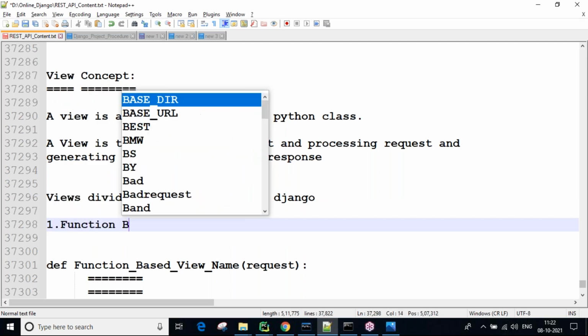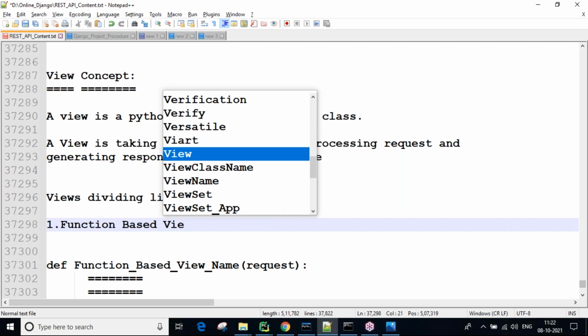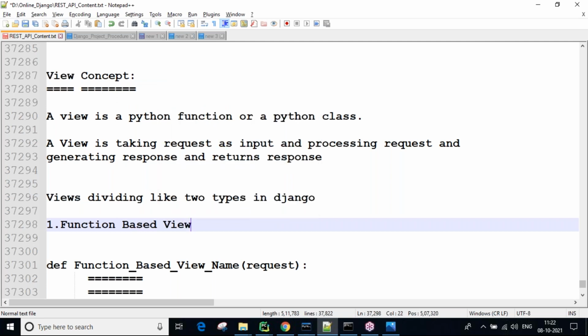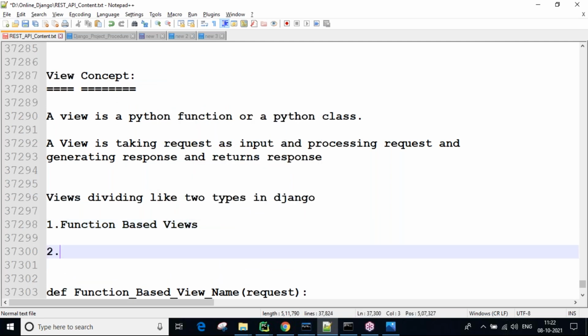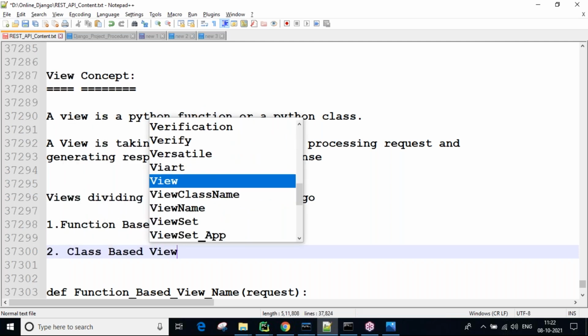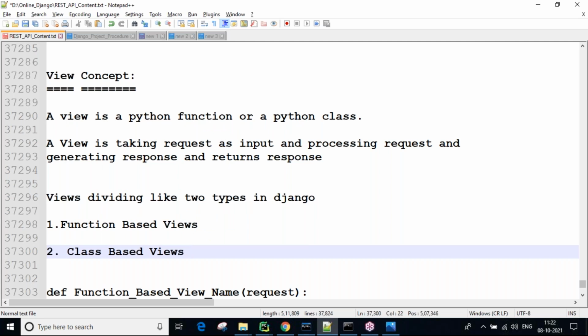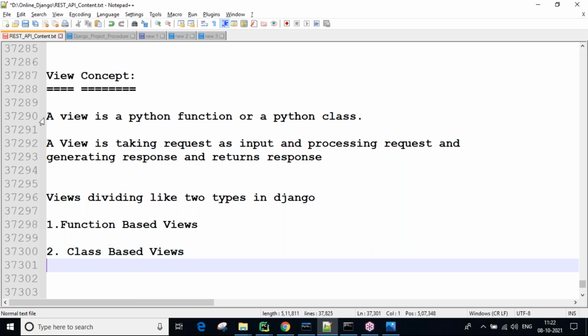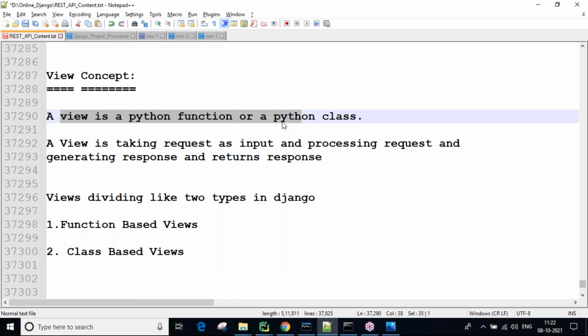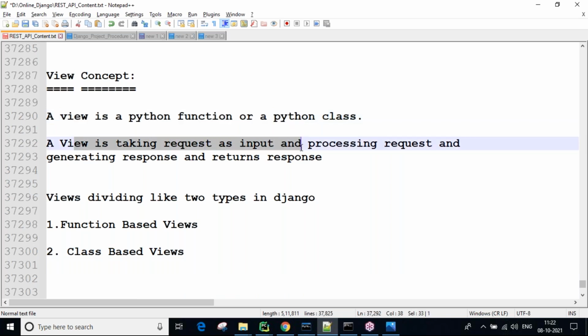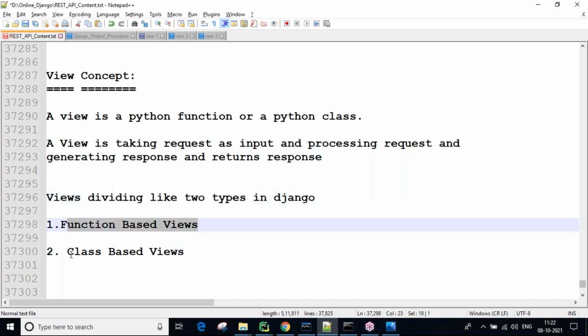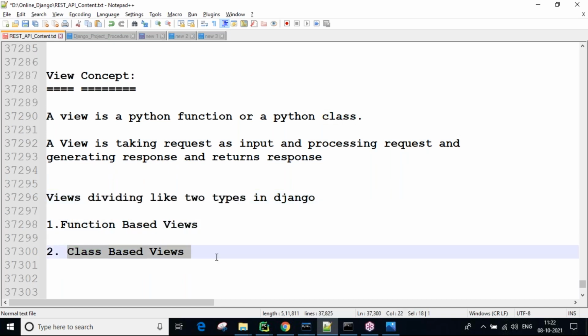One is function based views, and another is class based views. A view is a Python function or a Python class. A view takes the request as input, processes that request, gives the response, and returns that response. Now in Django, views are divided into two types: function based views and class based views.